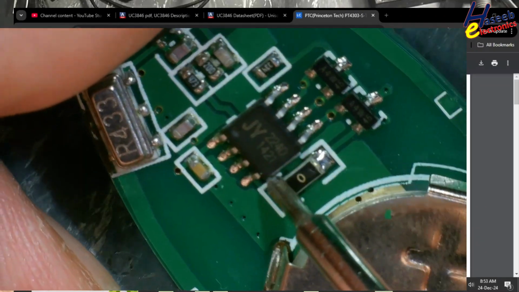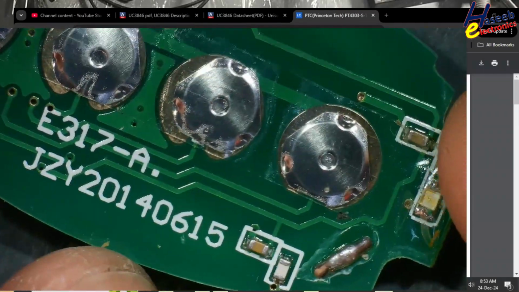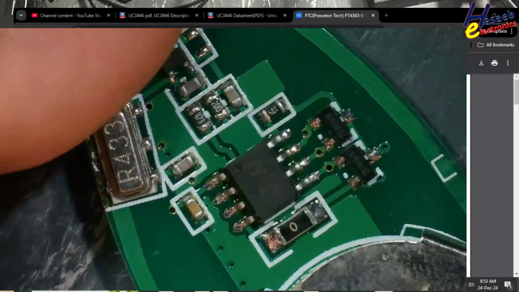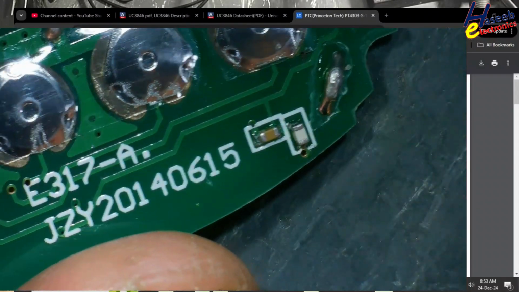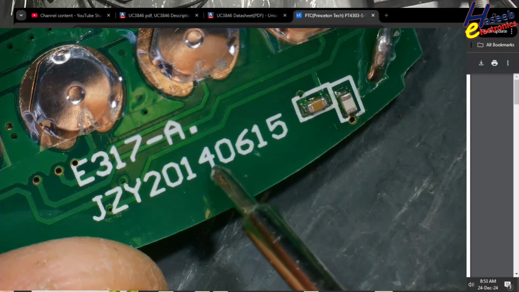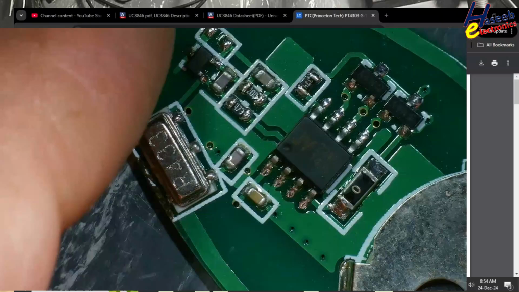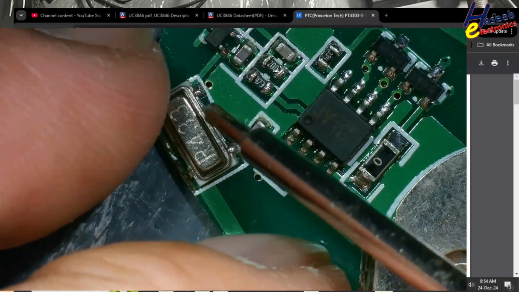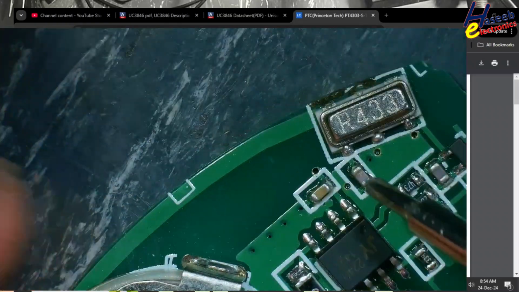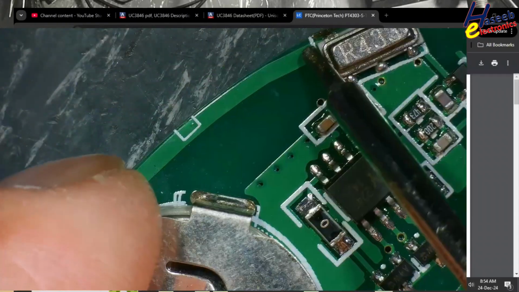In this IC, a unique code is stored that consists of a device identifier number, a hardware ID. JZY20140615 will generate a frequency of 433 MHz. When it is high frequency, it needs a very small antenna.